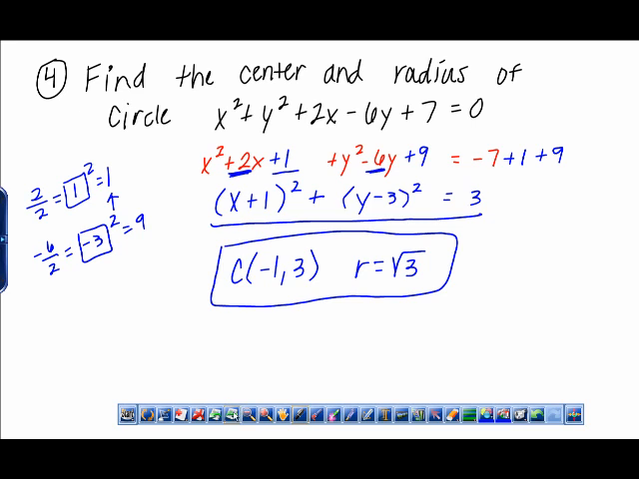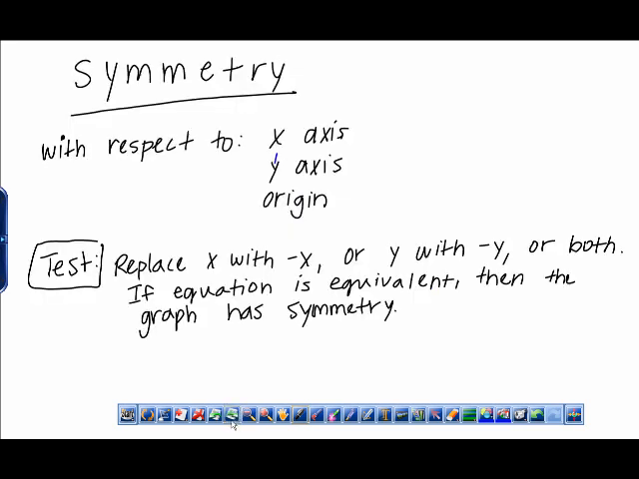Okay, the last thing we're going to talk about in this has to do with symmetry. Now in geometry, you dealt a lot with symmetry. You did a lot of rules and all this kind of stuff. So we're going to talk about the three most basic types of symmetry. Let's think about a point that is reflected across the x-axis. So let's say we start with the point